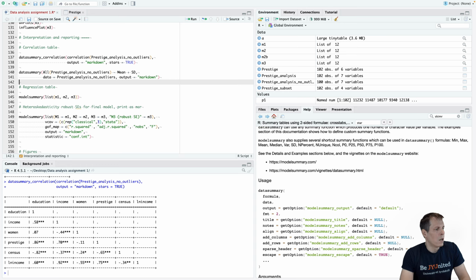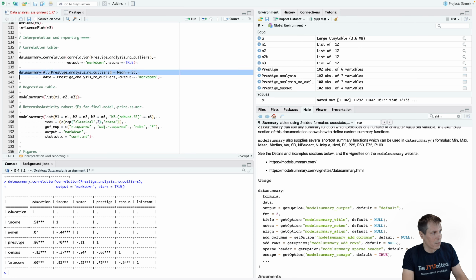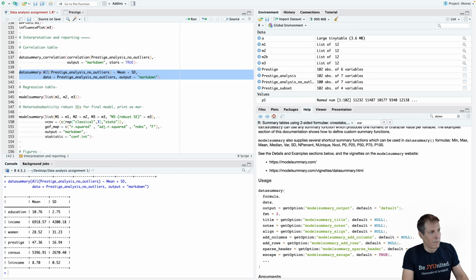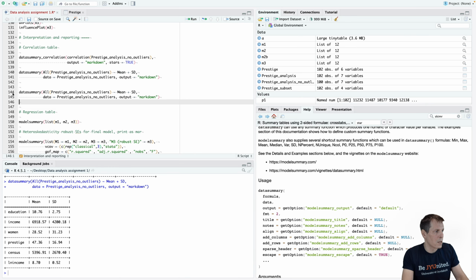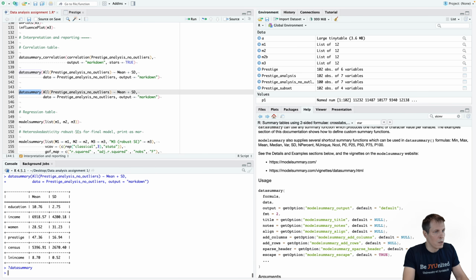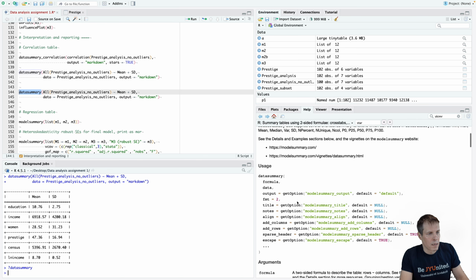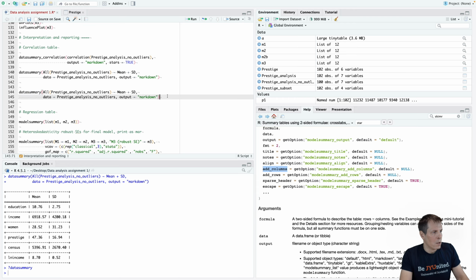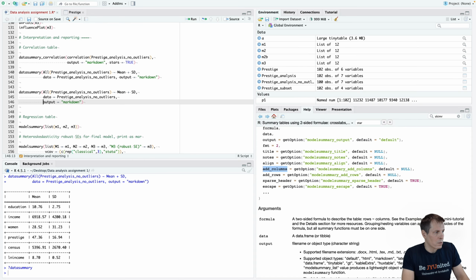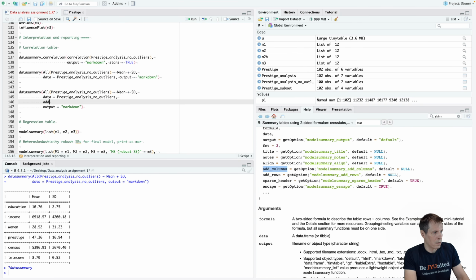Now the next challenge is how do we then merge these side by side, because this is a correlation, and then this one is the descriptive statistics, and we need to have them side by side. And the way we do it is that the documentation of the data summary has these add columns. So we can add more columns to the table, and we can add it here, and we just add columns. We add the correlation table, and now that we are